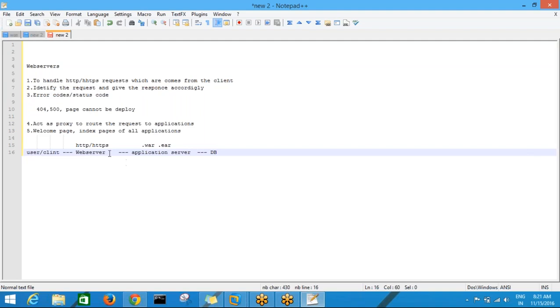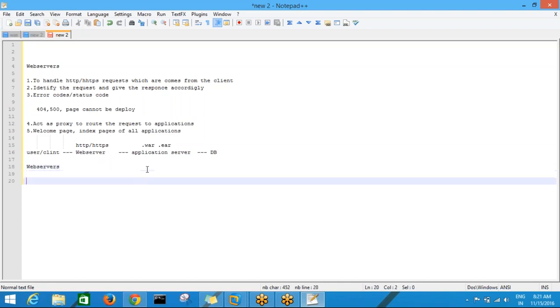So for handling the requests which come from the client in front of the application server, we need to install and maintain a web server. This is mandatory. Without a web server, we cannot handle the application server individually. I think you understand the importance of web servers now. Here we have different web servers like